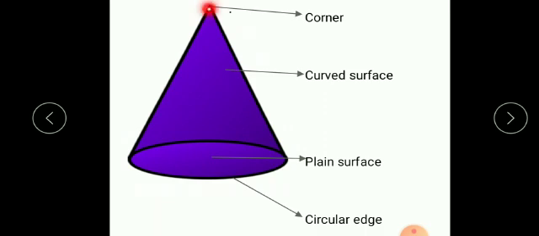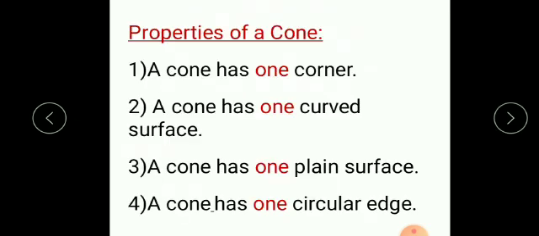This point is called as corner. So let's count how many corners are there. There is only one corner. So a cone has one corner.